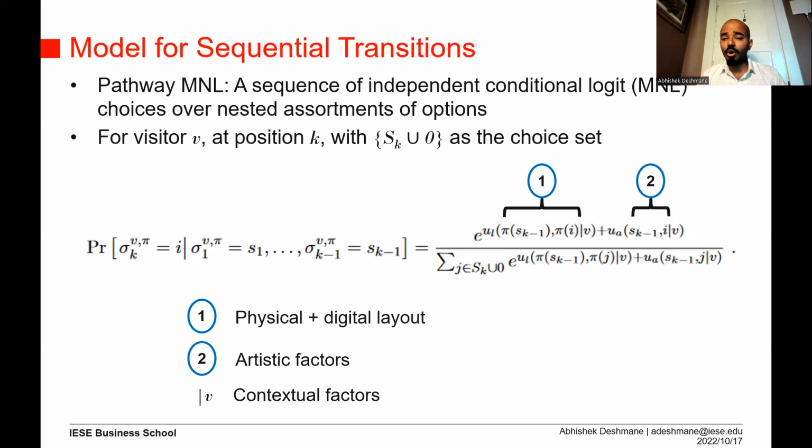Now, we use this model to build an empirical specification, which is then fit to the data that we have available. I'm not going to go into the details about it, nor am I going to talk about the results, which are, again, available in the paper. I would like to go to the optimization framework, but before that, I would like to also highlight the validation